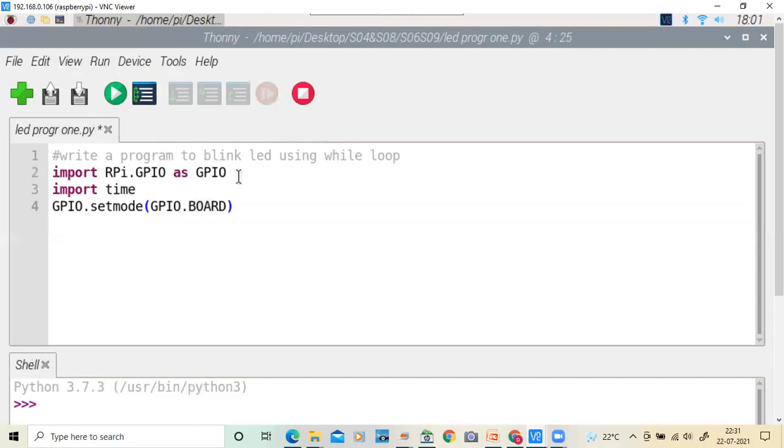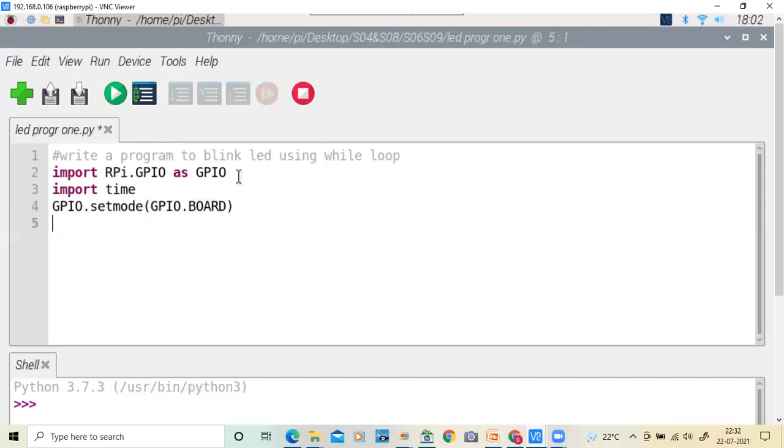Actually, there are two methods. One is the board method and the other is the BCM method, which we will discuss later. First, this is the board method. Here we are simply calling the Raspberry Pi pin numbers in a direct way, which we will discuss at the time of hardware.